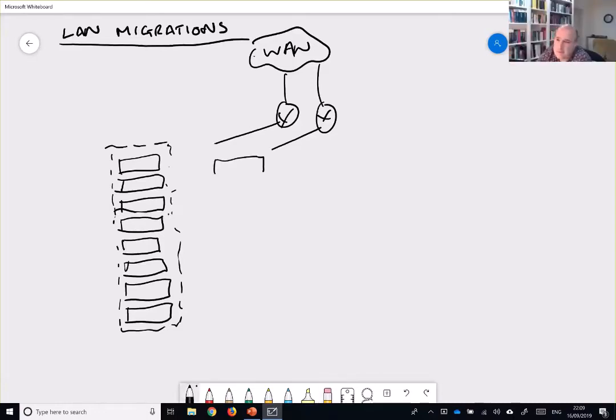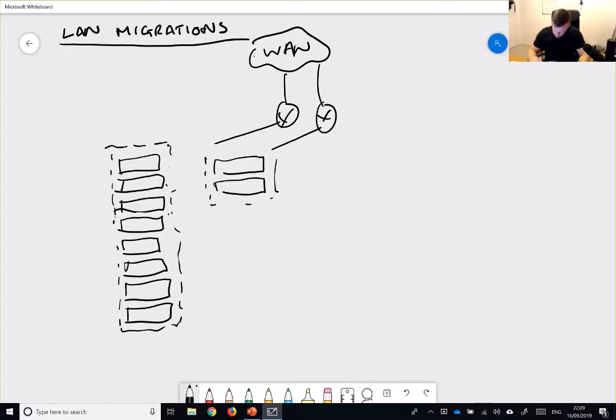So let's say these are the core, right? But it's actually just two. That's connected there. That's connected there. Okay. And then that's connected there, and that's connected there. Right. So this is like legacy switches and the legacy LAN, and then this is like a 48 port, and these are all 48 ports.